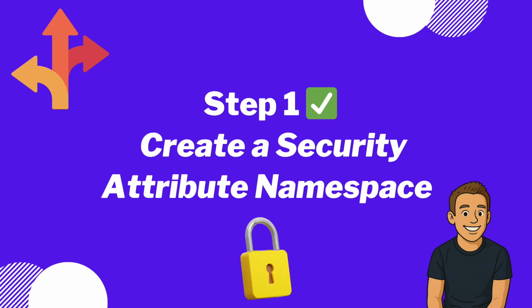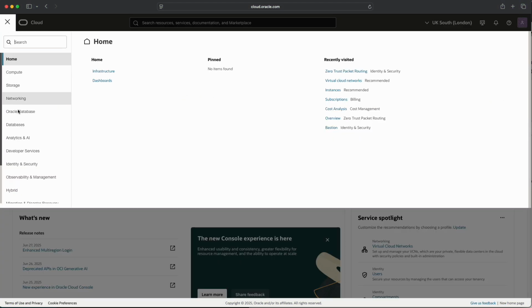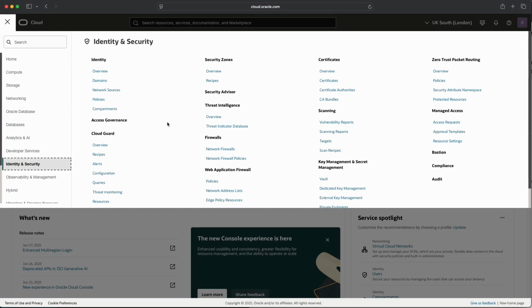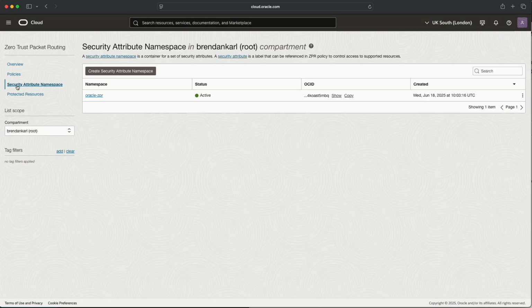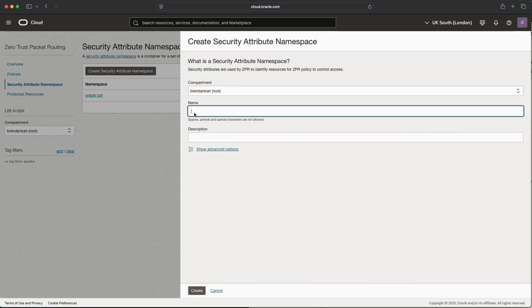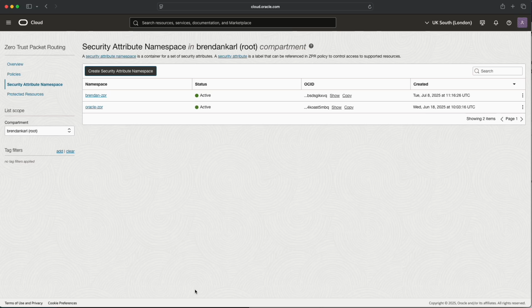Now, the first thing that we need to do is to create a security attribute namespace. To do this, within the OCI console, we go to Identity and Security, Zero Trust Packet Routing, then select Security Attribute Namespace. There is a default namespace that's available, however we'll create our own for the purposes of this demonstration. I'll call it Brendan ZPR, and once that's been saved,